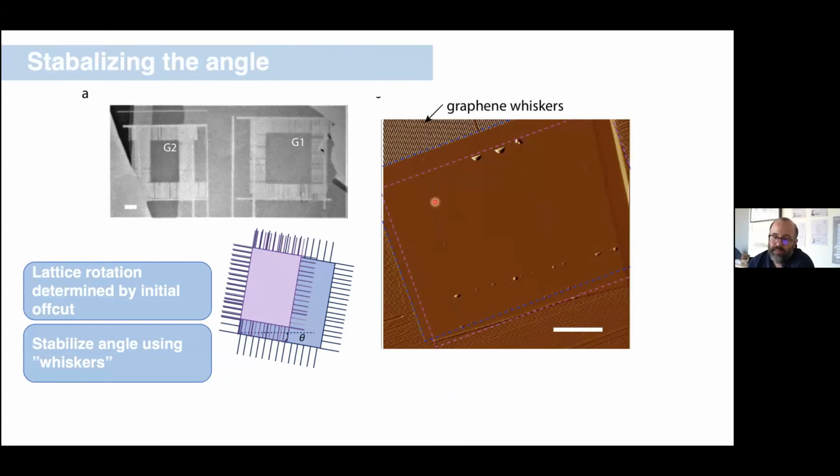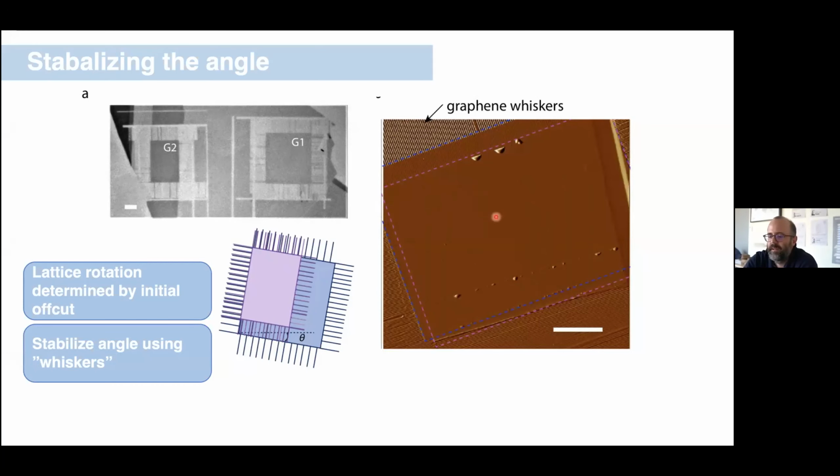We can then add electrodes. That would be the beginning of, say, a Hall bar shape. We want to do a measurement, and then we can just etch everything away afterwards if we don't want it. So it's a very forgiving sort of material. It's not like once you put it there, it's hard to change it. So this system is quite clean.